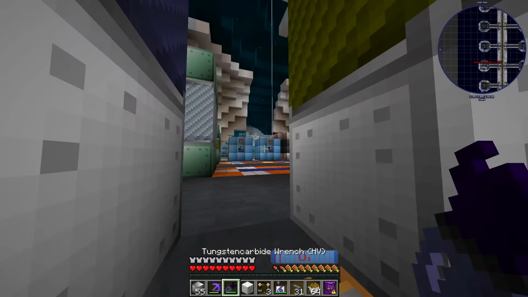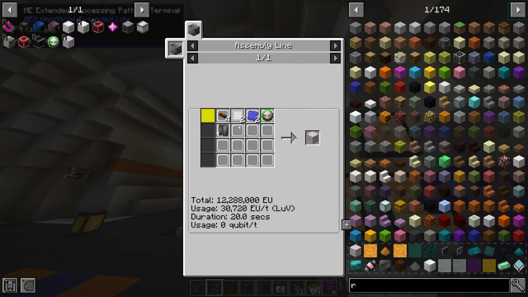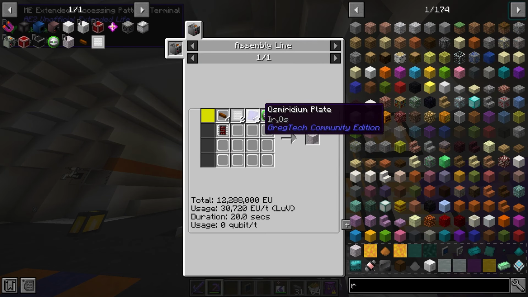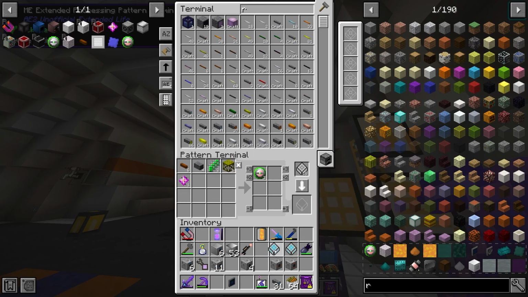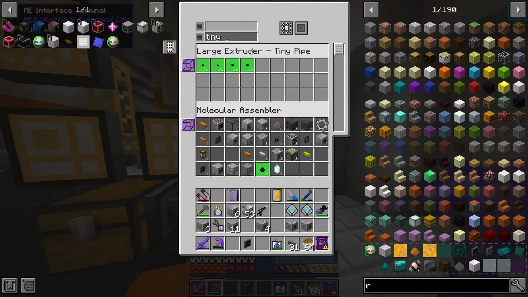So the last thing here is this, which we should be able to get relatively easily. So we want this, right? So this is going to be, and then we want that, this osmiridium plate maybe. It's going to be another assembly line. So